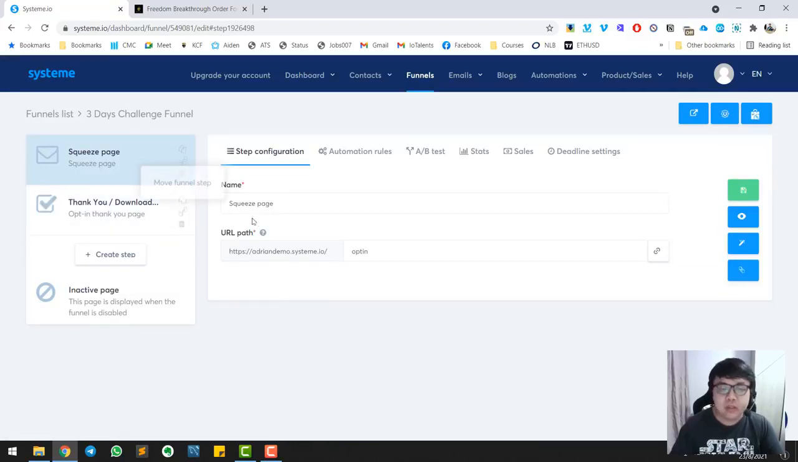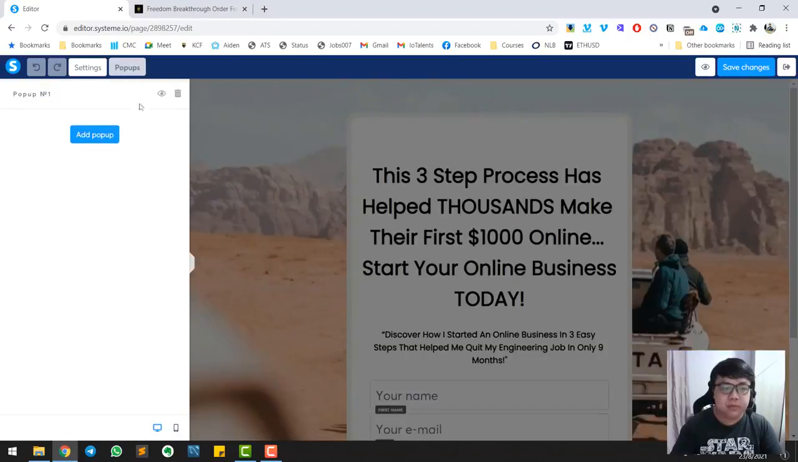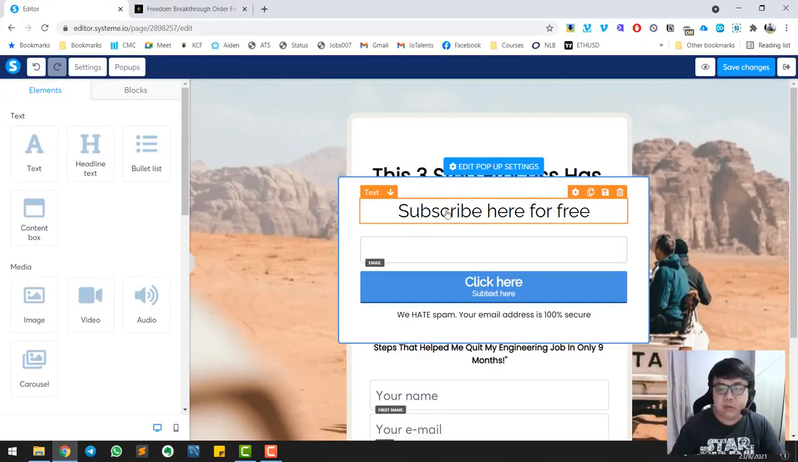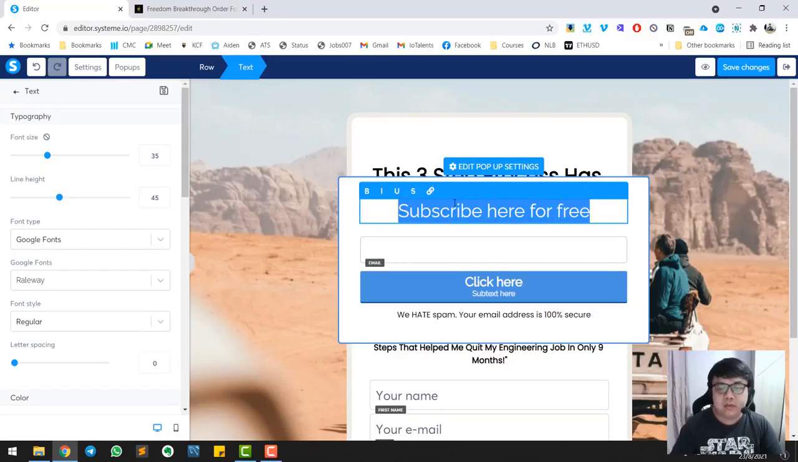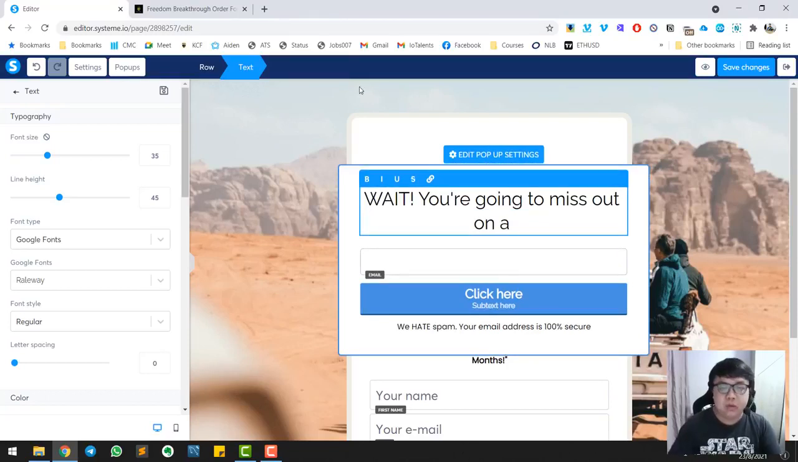If you need to pause and do it with me, feel free to do so. Click on the funnel that you want to create the pop-ups for, then click on edit page. Then there will be a button here called pop-ups. You can click create pop-ups, and then this is where you can enter the message and the button on the message. So what you want to enter here is, for example, wait, you're going to miss out. I'm just going to give a very simple reason why they're going to miss out. You're going to miss out on a, so you can re-emphasize what they're missing out. It could be a free course or a free ebook. So I'm just going to say you're going to miss out on a